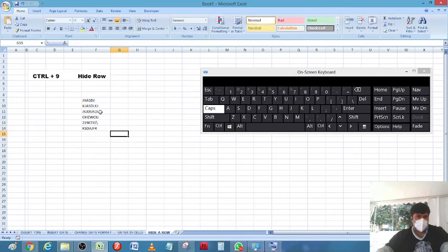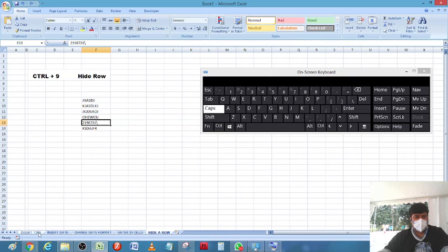So I will select the line and press Control and numerical 9. The line I have selected will be hidden. I will press Control Z once again. Now I want to hide only these numbers, so Control plus 9. You can see that particular line has been hidden.